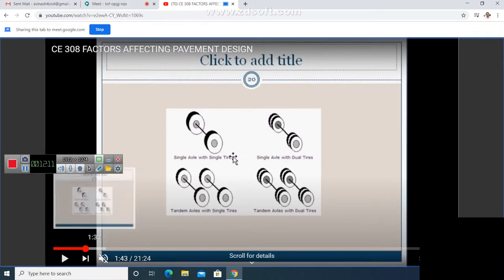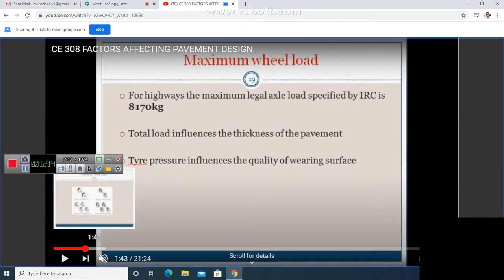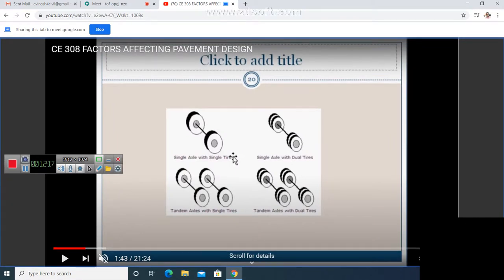Now, what do you mean by this axle load? Axles can be of different types. When you observe the first figure, you know that it is having only a single axle, and on the single axle, on both sides, you are having a single tire. So this is known as a single axle with a single tire. Can you relate this when you consider a vehicle? If the vehicle is having only a single axle, if the vehicle is having only a,